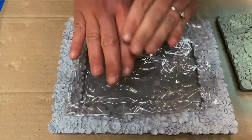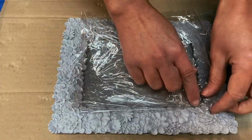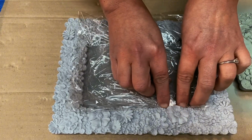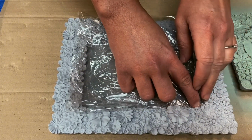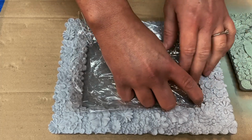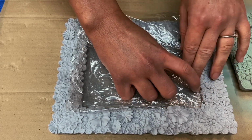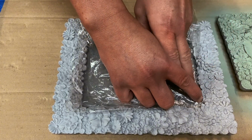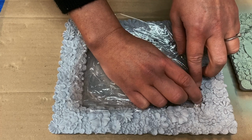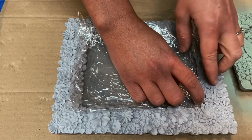I folded a piece of cling film into a rectangle and then put it over the top of the glass and then slowly pushed the cling film into all the crevices. And because the cling film was sticking to itself, it held the shape really well and it stuck to the glass quite well as well. This was a complete shot in the dark. I'd never done this before, so I really didn't expect it to work anywhere near as well as it did,